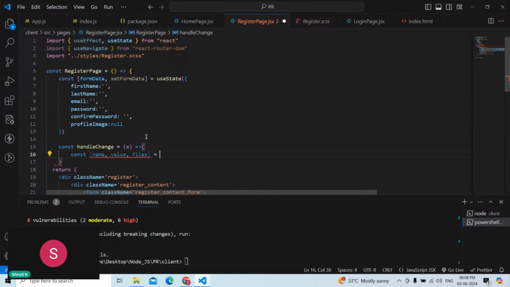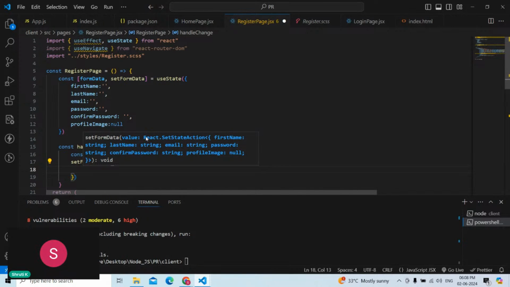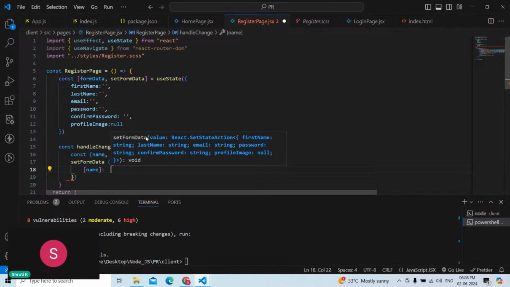Okay, this would have e dot target dot value. We need to set that form data depending on these values. So set form data, which is name colon value,